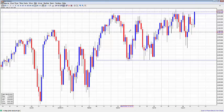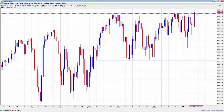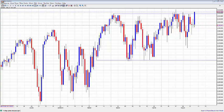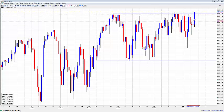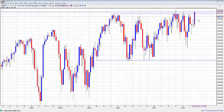It was a solid up day. It closed nominally above that resistance level, just about 2 points above that resistance level. So that's a good start, but I want to see more. Normally when I look for a breakout, I want to see a candle like this that has a good 50% of its body above that resistance level. So maybe we'll get that tomorrow, further push, and then if that happens, we can see further rally,